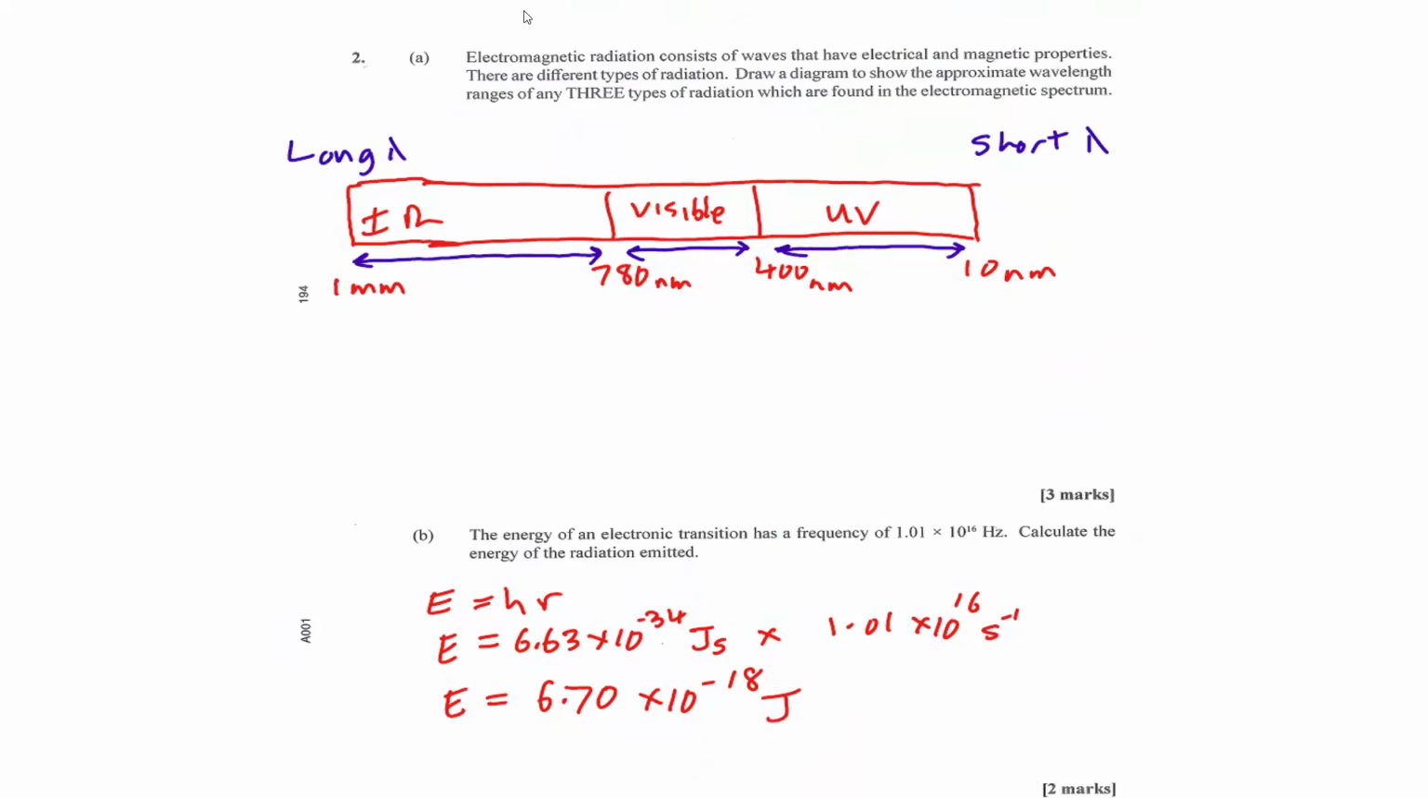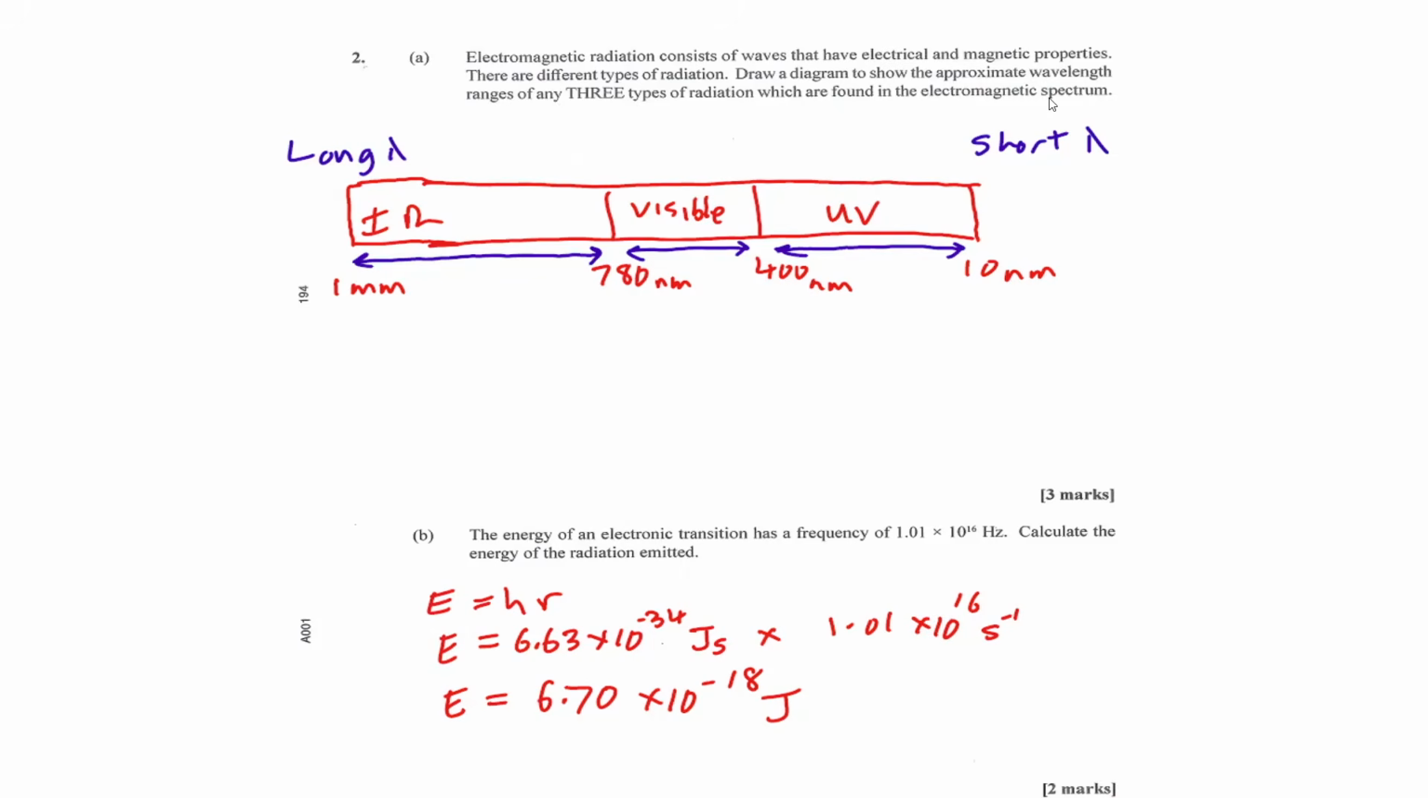Let's begin. 2, Part A. Electromagnetic radiation consists of waves that have electrical and magnetic properties. There are different types of radiation. Draw a diagram to show the approximate wavelength ranges of any three types of radiation, which are found in the